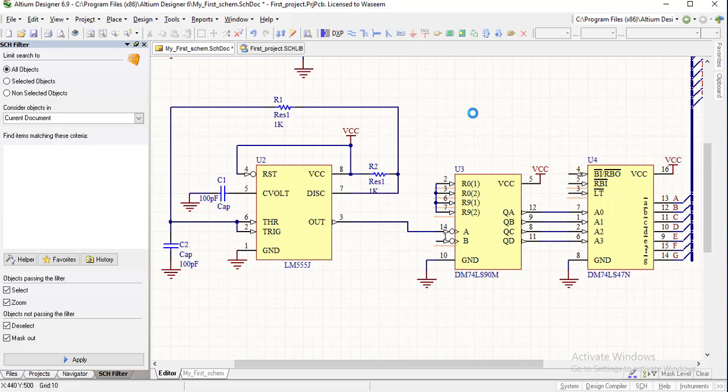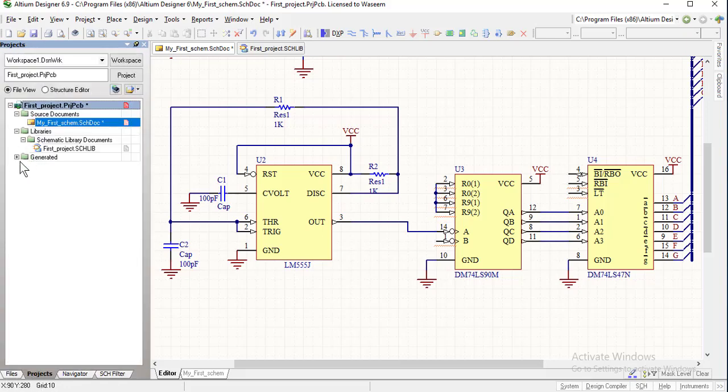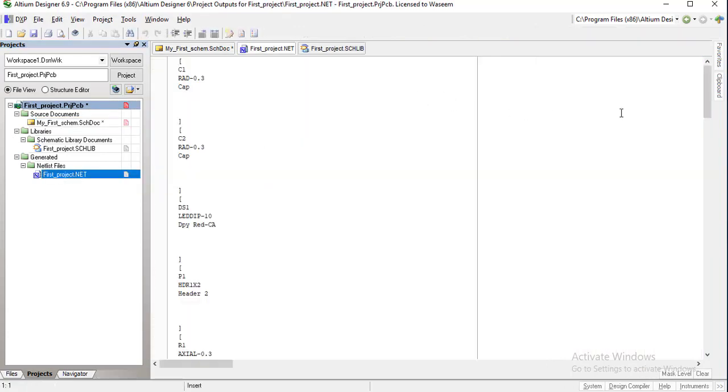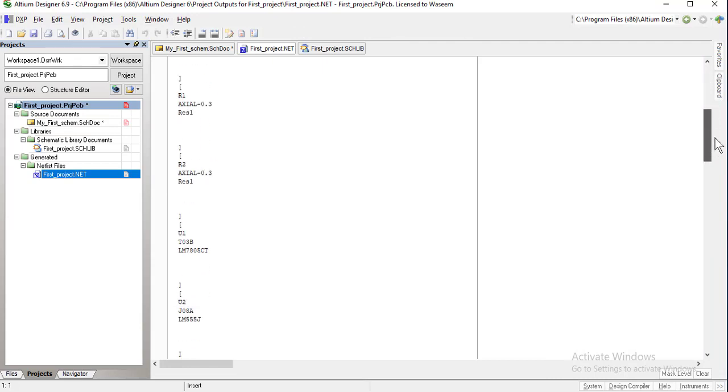So here the netlist has been created. Go to projects, generated, and first_project.net. This is the netlist that has been created by Altium Designer. This is actually a list of all the connections present in our schematic.